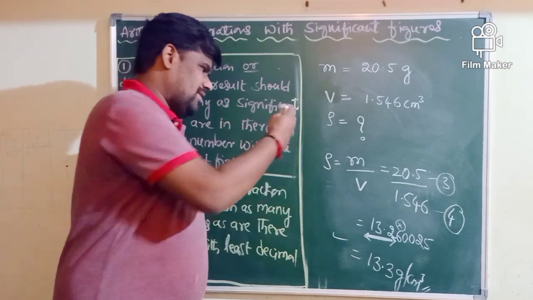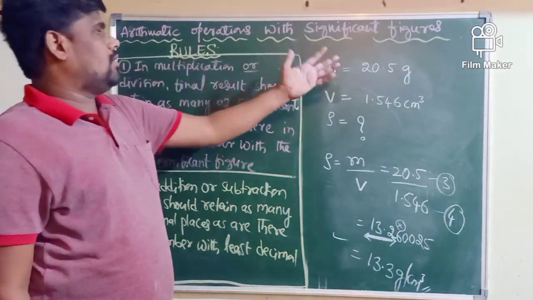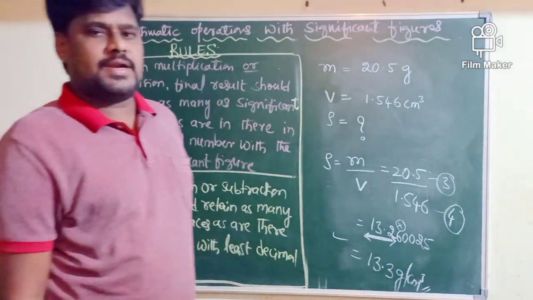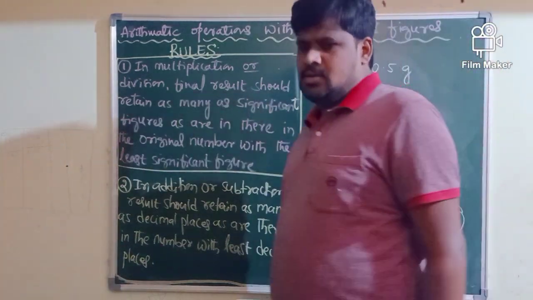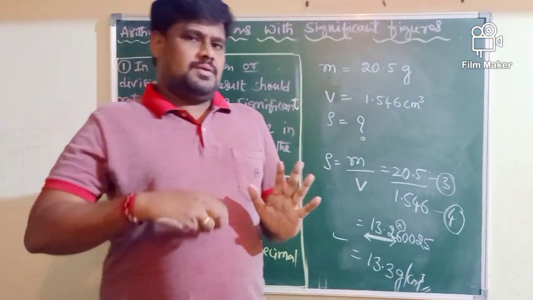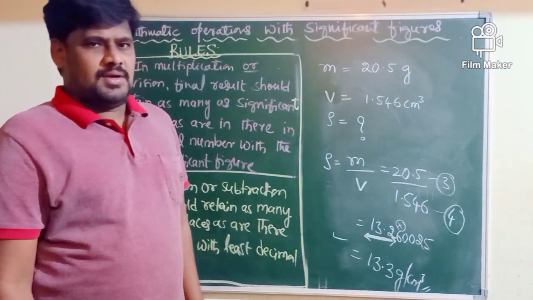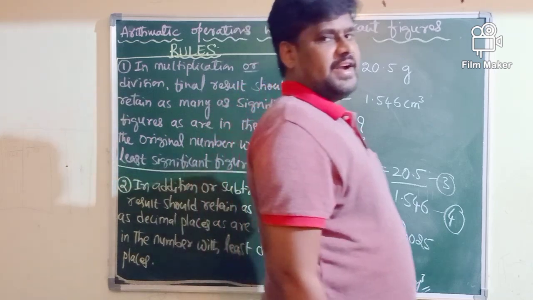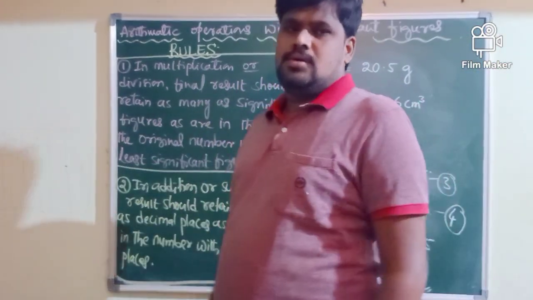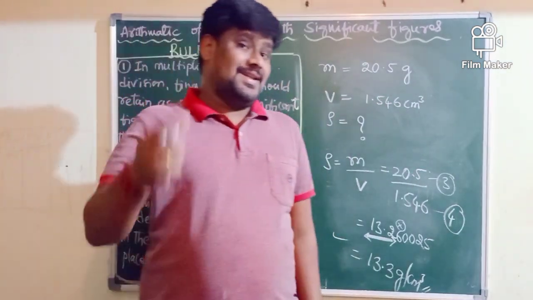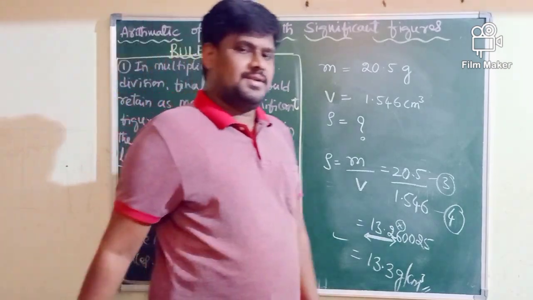Determine the result of measurements by using what? Rules of arithmetic operation with significant figures. Once again, I will repeat the rule which is used for rounding off of digits here. If the digit to be dropped is greater than 5, the preceding digit should be raised by 1. If the digit to be dropped is less than 5, the preceding digit is kept as it is.